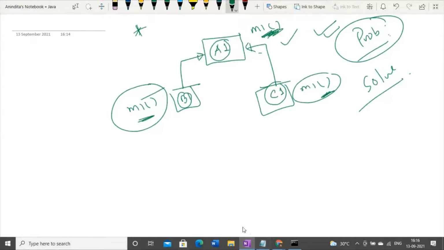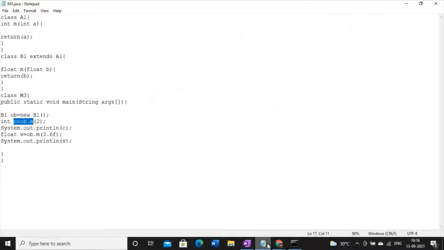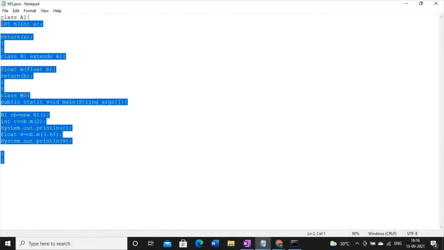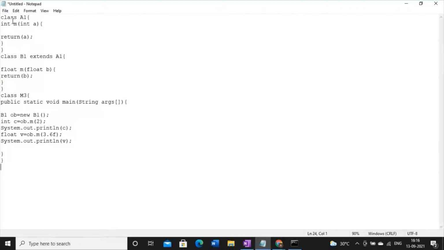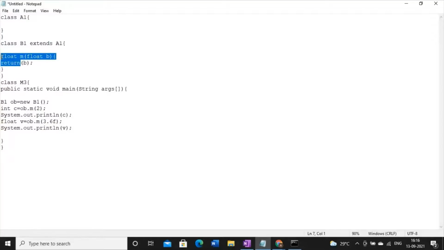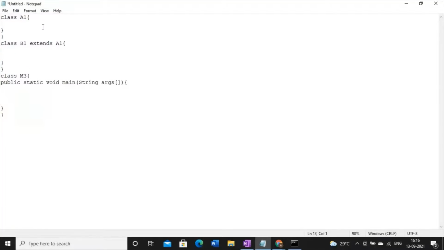Now pay attention to this. This is very critical, but it's a very good example you have to keep in mind. And this technique is only mentioned in the Herbert Schildt book. Nowhere else will you get this one. See, we have one superclass A1.